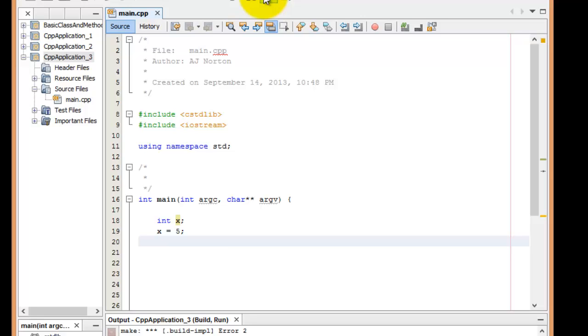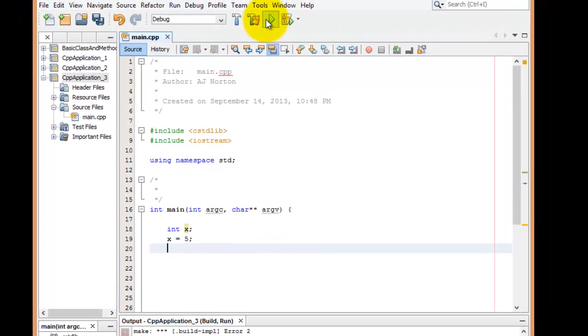Do you know what an integer is? No. Well, an integer, like you learned in math, is a rounded number, like 0, 1, 2, or 3, that represents a solid number. So an integer can't be, for example, 5.5. But it can be 5, 4, 3, 2, 1, 0, and it can also represent negative numbers, like I just showed. I just assigned x to negative 5, which you do by putting a minus sign next to it. So now let's declare some other integers, Quinn.